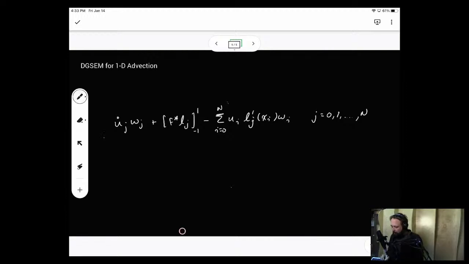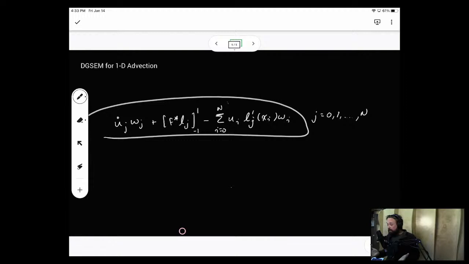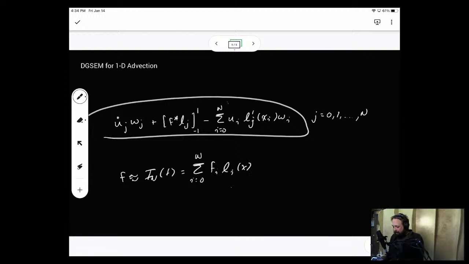This is essentially what we do. This is, of course, very simple in 1D, but you can apply the same idea in 2D. And the gist of how that works is, remember in 1D what we did was f was approximated by the interpolant of f, which was just a sum i equals 0 to n. We have nodal points Li of x. Now in 2D, you just do a tensor product of the 1D, right? So if I were in 2D, so this is 1D. In 2D,